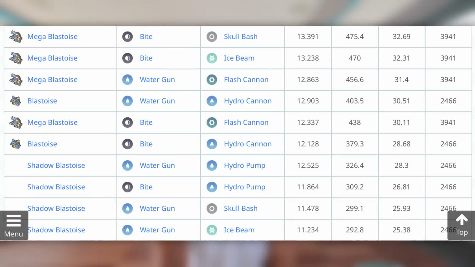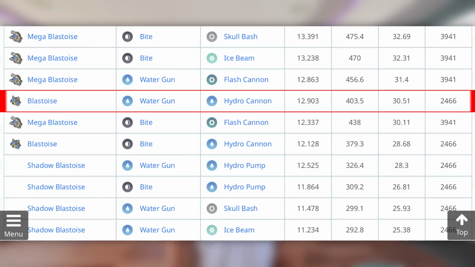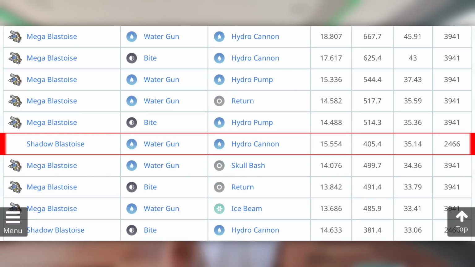If you do want to go to the second page and see where the regular Blastoise with Water Gun Hydro Cannon sits, it's going to be at 30.51, or you can also check out the Shadow Blastoise on the first page at 35.14. Okay, so obviously in the regular and the Shadow, it is not high enough. Remember, if it's over 40, it could be competing more than likely in the top 10. But if it is not over 40, we have problems, and it is not going to be hitting into the spots that we need it to be a